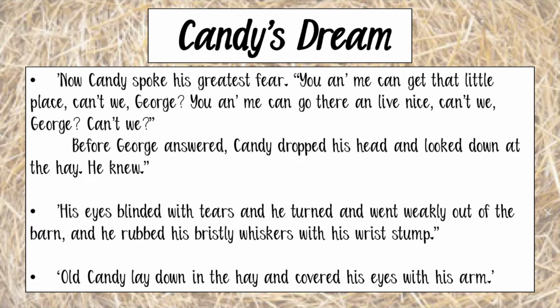"You and me can get that little place, can't we, George? You and me can go there and live nice, can't we, George? Can't we?" Before George answered, Candy dropped his head and looked at the hay. He knew. So again, we've got a really powerful use of language here by Steinbeck. We've got this pleading tone. "Can't we, George? Can't we, George? Can't we?" So that repetition of "can't we", I think it does show the desperation that Candy's feeling there